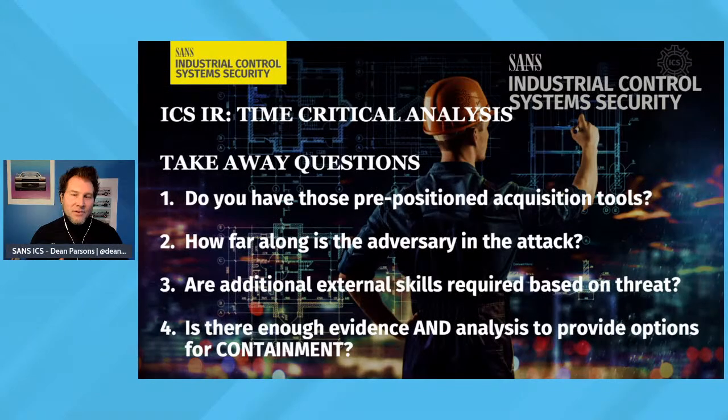What about how far along is the adversary in the attack as you pivot through your analysis? You're going to be getting malware. You're going to be analyzing that malware. You're going to be looking at the network, finding C2 activity that may or may not be established. This is going to help you to understand literally where in your network the adversary is and how far along in the attack are they.